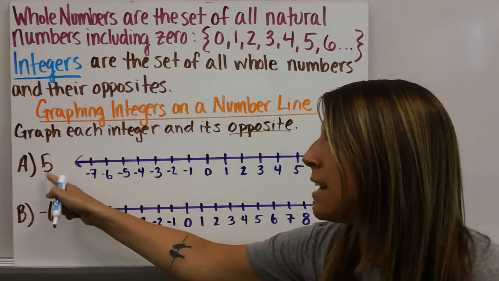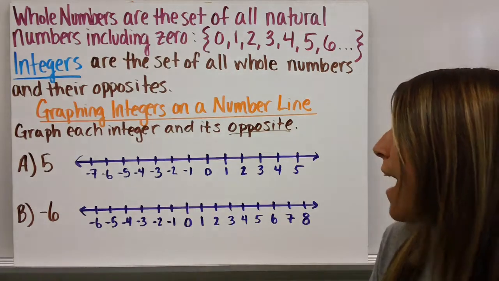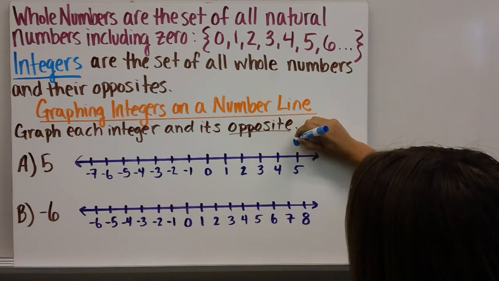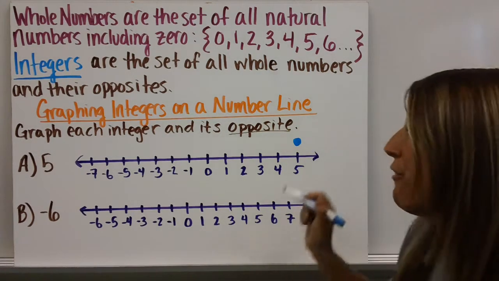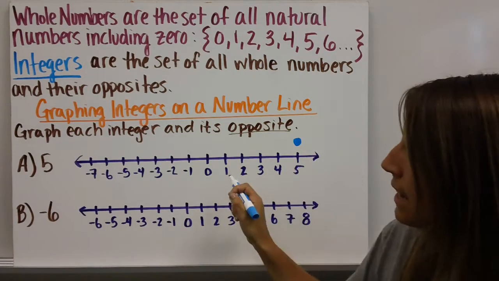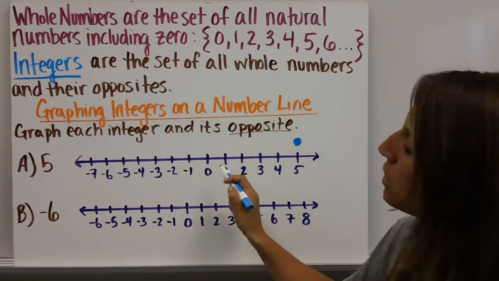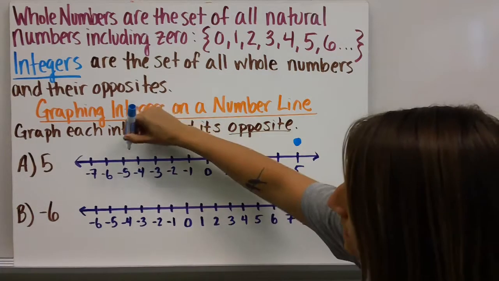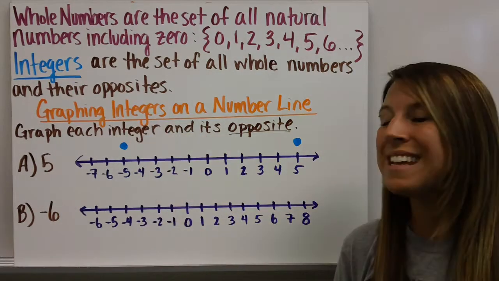So the first example is asking me to graph 5. Well, all I have to do is locate 5 on the number line, and I know that 5 is right here. And then its opposite. Well, if 5 is 5 spaces from 0, then its opposite needs to be on the other side of 0, that same number of spaces. So if I count 1, 2, 3, 4, 5 places,